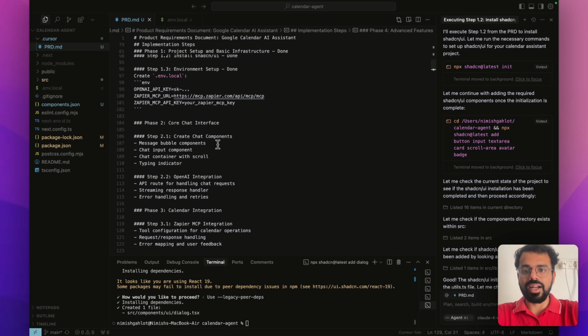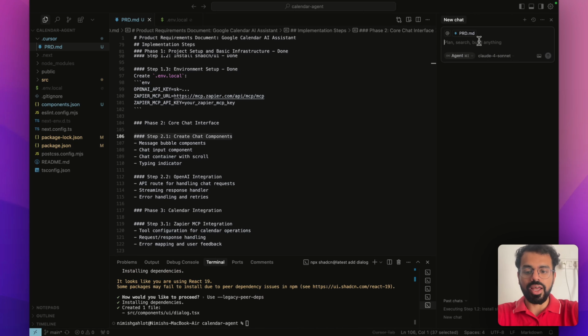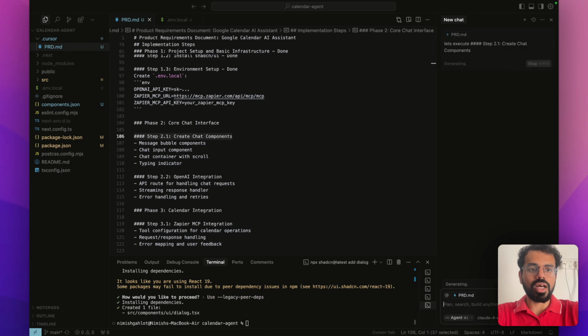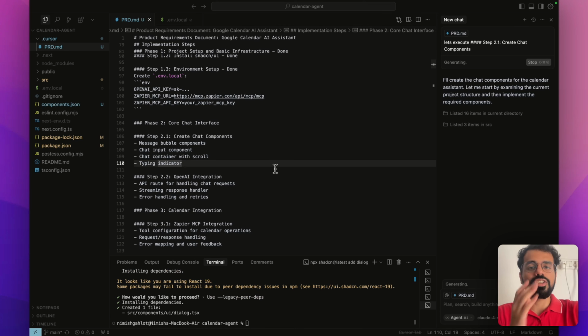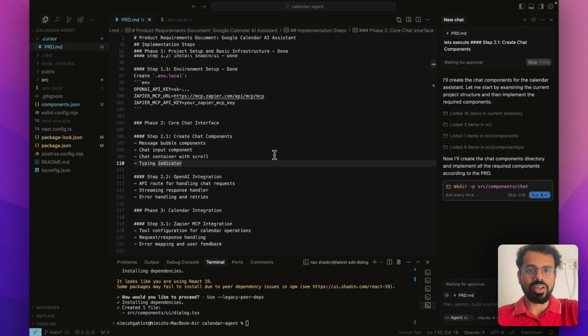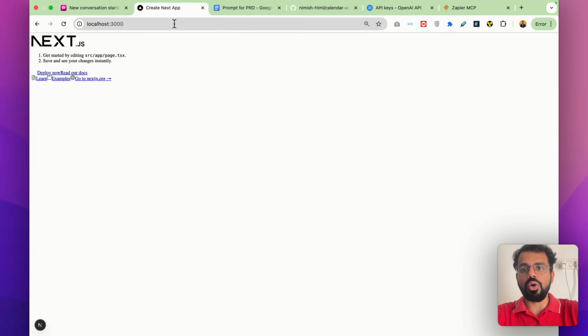Now let's start with the second phase. I will copy step 2.1 here and I will open up a new chat window. Over here, I will mention let's execute and it already has the PRD and it already has prd.md as one of the attached files. So I will just do that and I will send this prompt. After this step, you will see your app shaping up a little because it has started creating components. So when you go on the local link, you will start seeing all the different components showing up here.